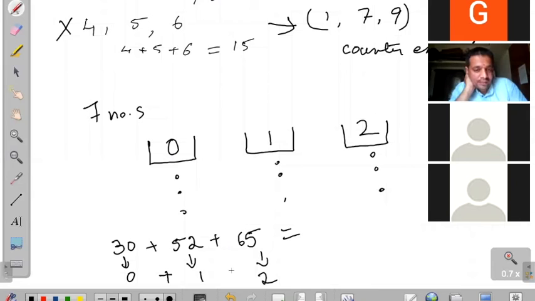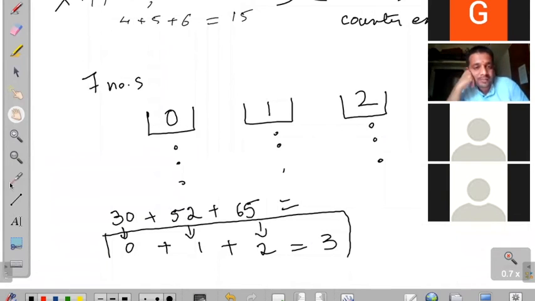Right. But according to modular arithmetic, it's a counter example. You can correct it. So it's not necessarily true that having 3 zeros or 3 ones or 3 twos is the only way to get a multiple of 3. There is also this one case.